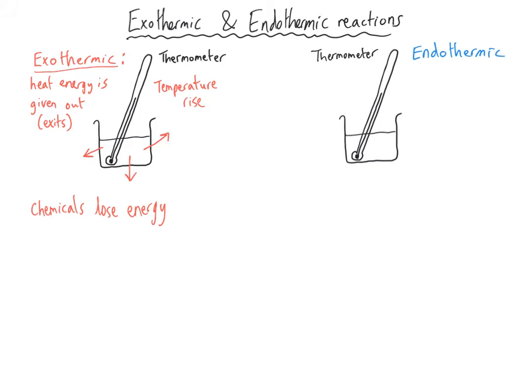And this makes sense because heat energy has been given to the thermometer from the chemicals. And so the thermometer is hotter, and it is the thermometer that is measuring the rise in temperature as a result of this reaction. It isn't measuring the energy of the chemicals because the chemicals have lost energy. So because energy is being given out to the surroundings and the thermometer is part of the surroundings, it registers